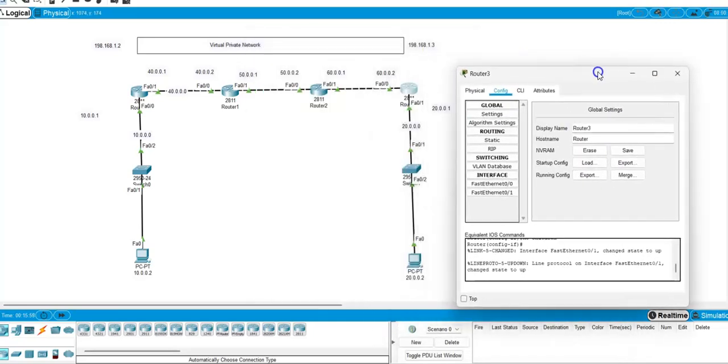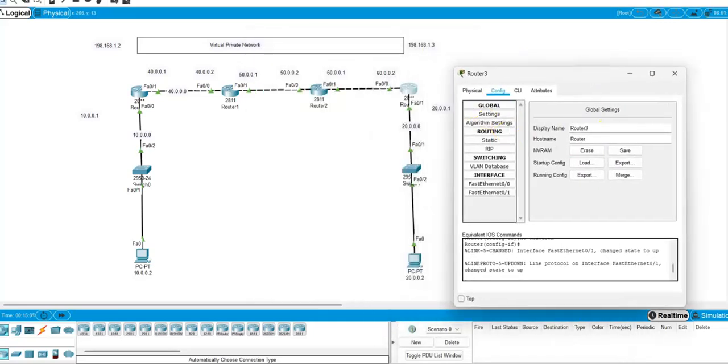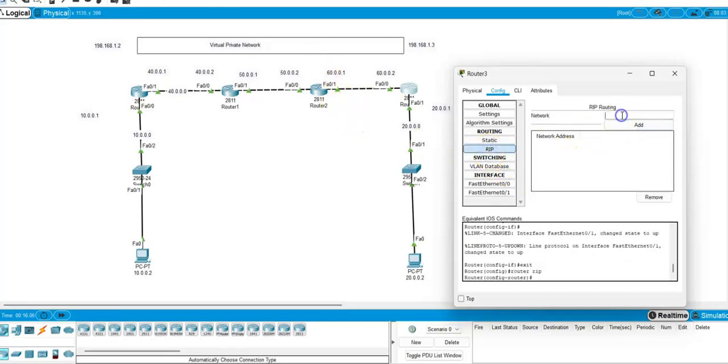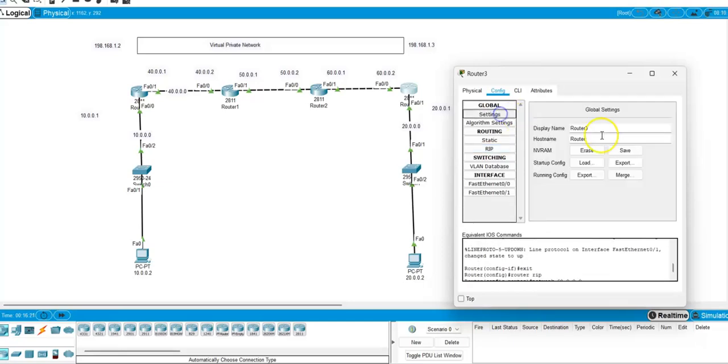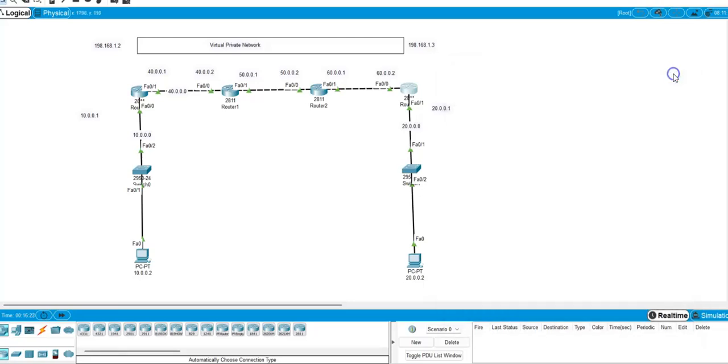Last router we have, I'm going a little bit fast because I have only 10 minutes to complete this configuration. Then another network for this router will be 60, so 60.0.0.0, add the connection, another network is 20. So I mentioned here 20.0.0.0, add the connection, go to settings, NVRAM, save the settings, close the connection, and